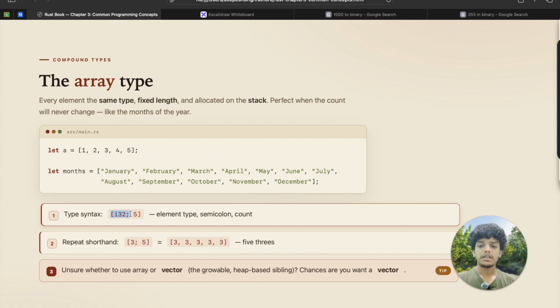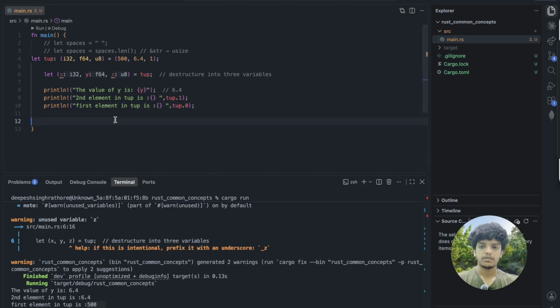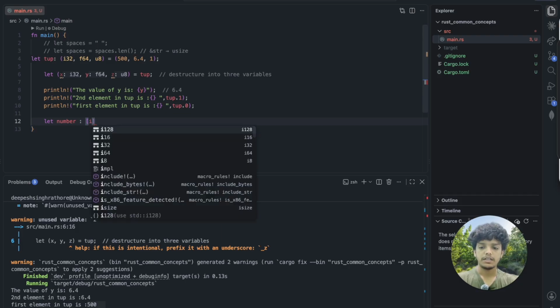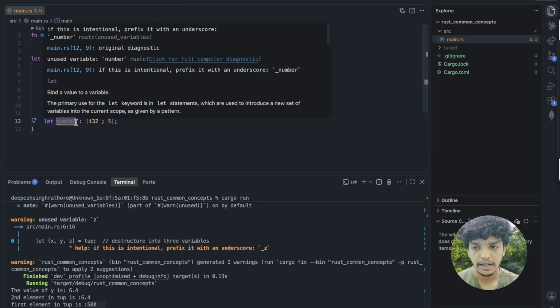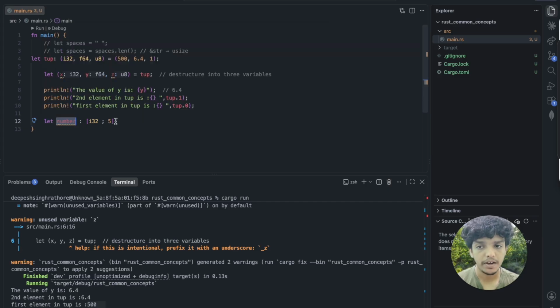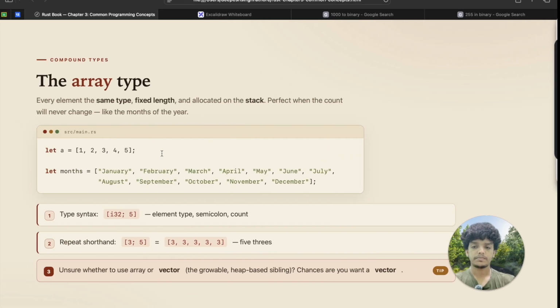This is basically type annotation. If you want to say let numbers i32 5, you can do this. It is just saying there is an array numbers and it will have 5 elements that will be of type i32. Okay,